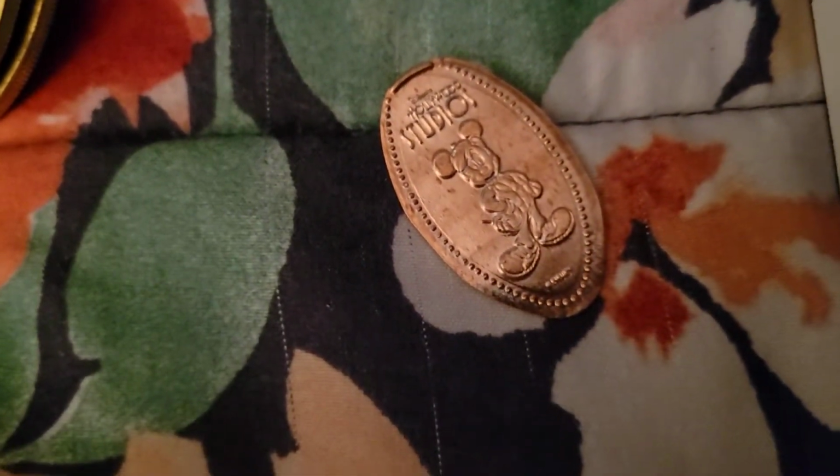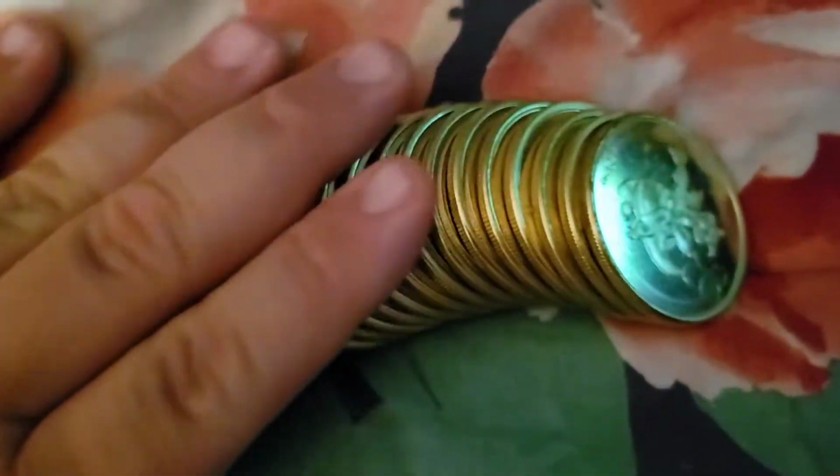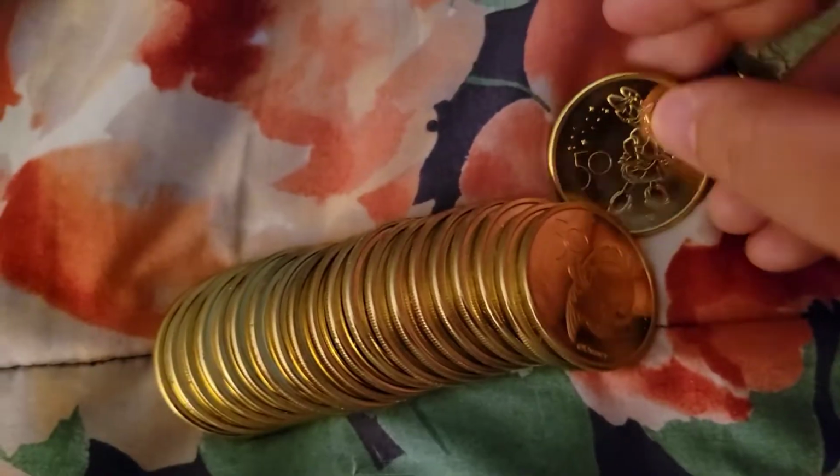So last but certainly not least, we have all the coins and the medallions that I got. So I got this from the Press Penny Machine from Hollywood Studios. I got this nice looking dog tag for the 50th anniversary with my name on it. And then we have all these. These are some of the collectible medallions that they had down there. I grabbed a good chunk of them. This one I actually bought off of Macari, the Figment one. But then you got Daisy,